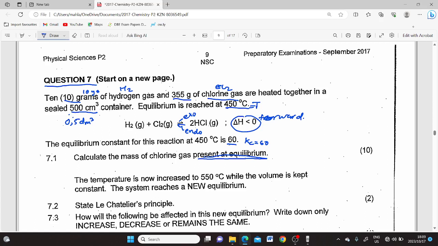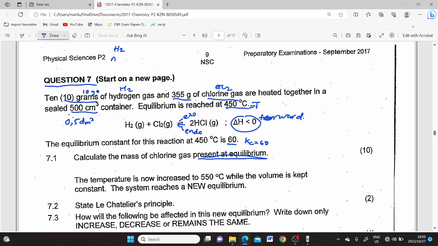Normally we draw a table with the number of moles, but here we're given the masses, which is the grams. So we're going to convert these grams to moles. So we use our periodic table. So for H2 gas,